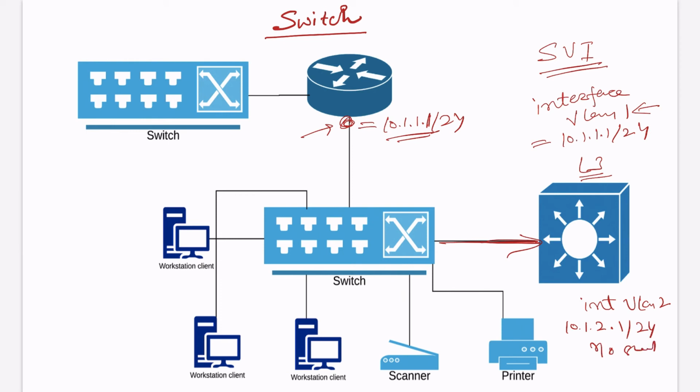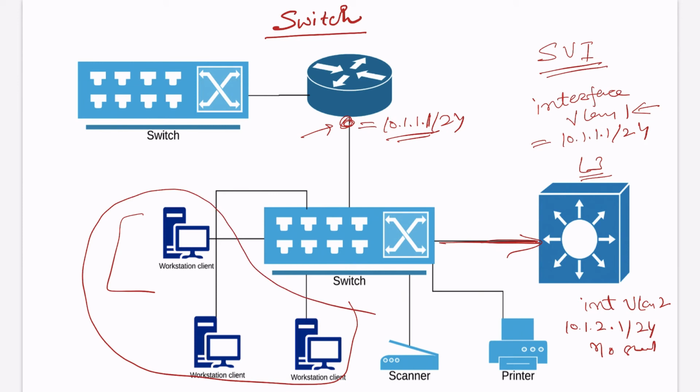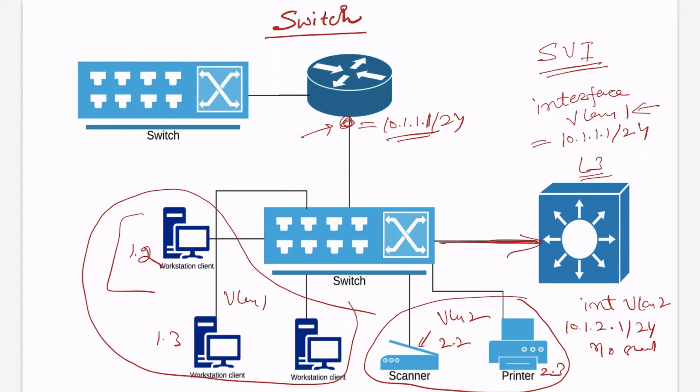No shut. So these 3 workstations are part of VLAN 1, and the scanner and printer are part of VLAN 2. If the scanner IP is 10.1.2.2, and this one is 10.1.2.3, and the workstations are 10.1.1.1, 1.2, 1.3, 1.4, then this workstation will be able to communicate with this particular printer through this L3 switch.